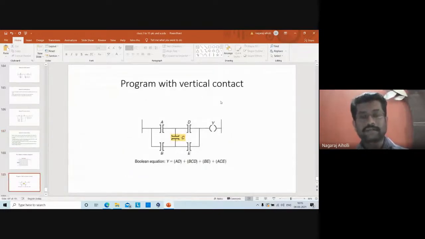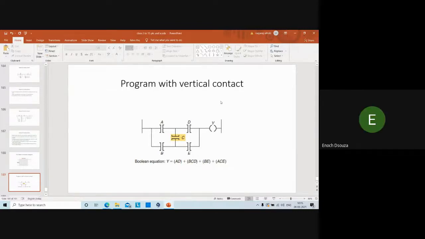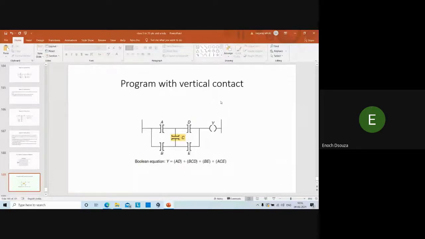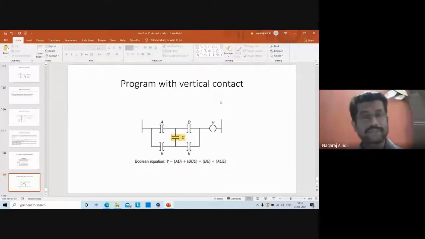Is there no lab for this type of thing? Lab is there, of course. Lab is there, but in your syllabus, lab is not mentioned. We can conduct labs. That's what is practically much better actually. Yes, of course it is possible. Practically, it is possible, definitely. Okay.